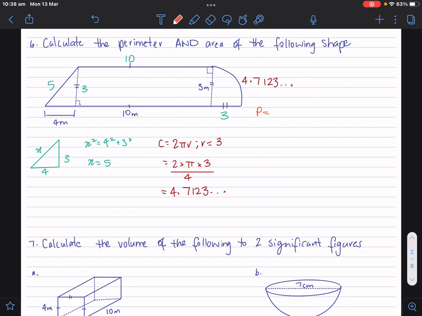is going to be all the sides added up. So I like to start from one side, 5, 10, that. I like to circle all the numbers. Remember, it's the outside of a shape, the total outside of a shape. So